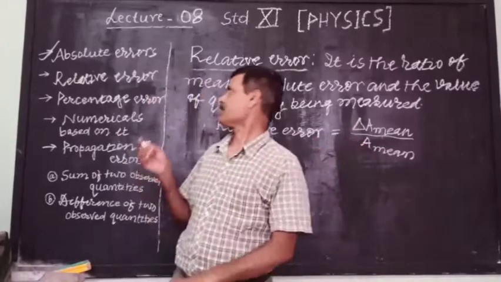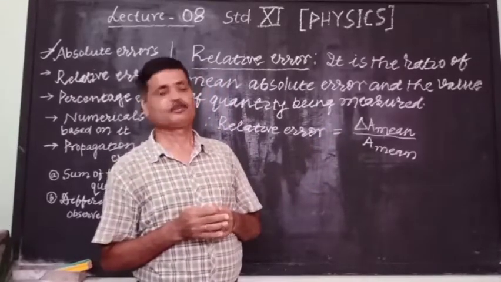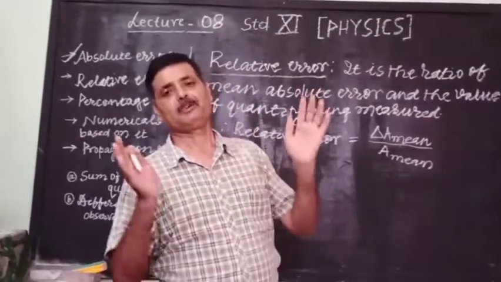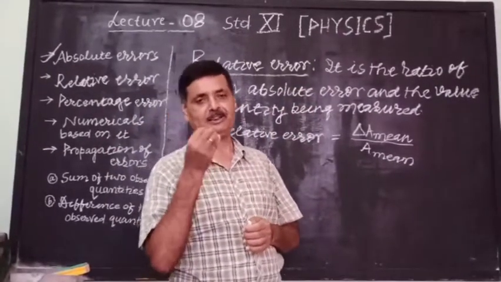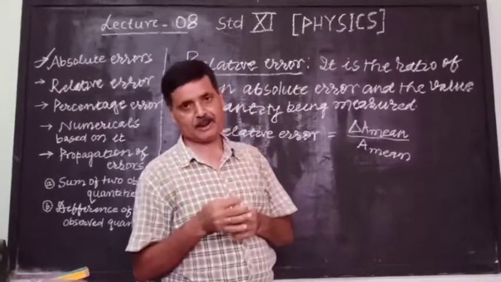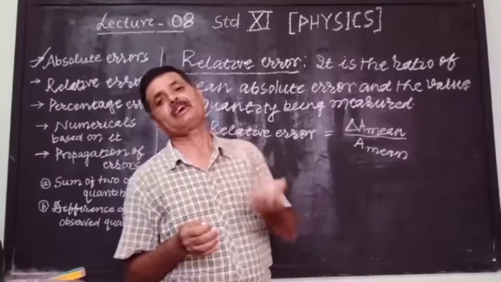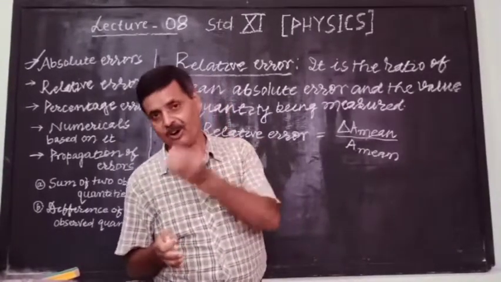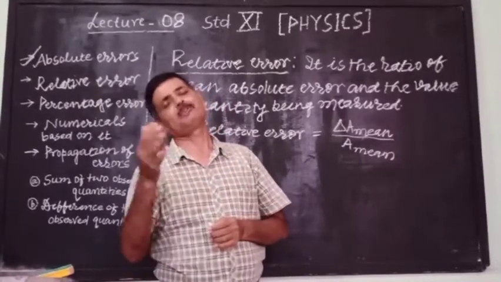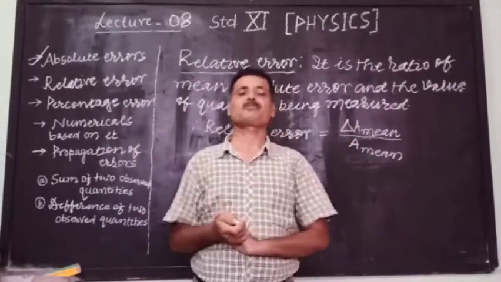In the previous class on absolute error, data was given. Suppose the number of breads eaten by a student in a week. It means the total number of breads eaten by the student on the 7 days. You have to sum the number of breads and divide it by 7. So you can easily calculate the mean diet of that particular student. That is your del A mean. That was your absolute error.